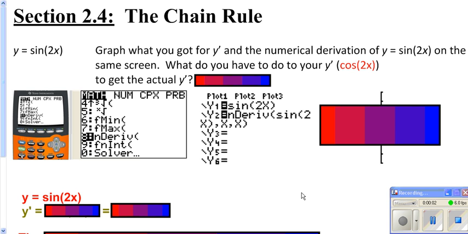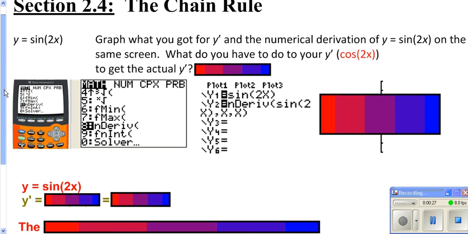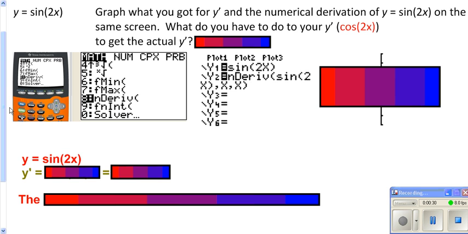Chain rule. The chain rule is used when you have a composition of functions, meaning one function within another function. We really have that going on here because we have the outer function, which is your sine function, and you have your inner function, which is 2 times x. Now, if we go ahead and graph our function and graph the derivative in our y equals,